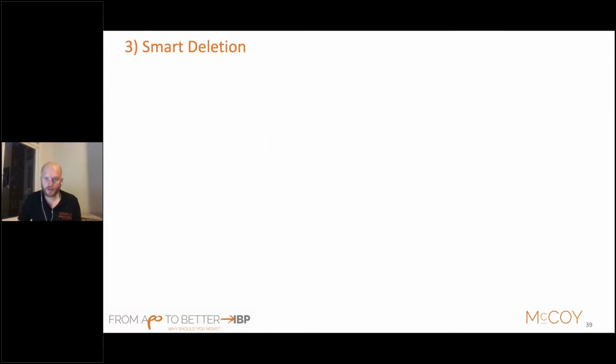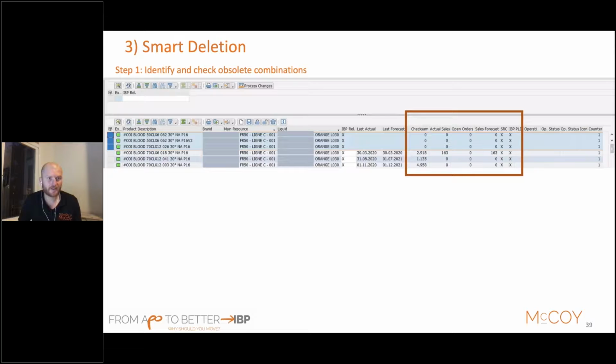So how does this look? A simple 3-step method. First is you make a certain selection of a product or of a product group where you would like to see if there are obsolete objects available within your IBP system. So here you can see in the top section, I have a couple of SKUs, and those SKUs, they don't have any data anymore, meaning there are obsolete items within my system.